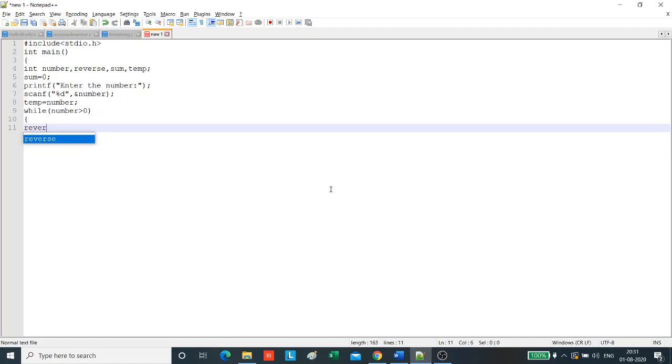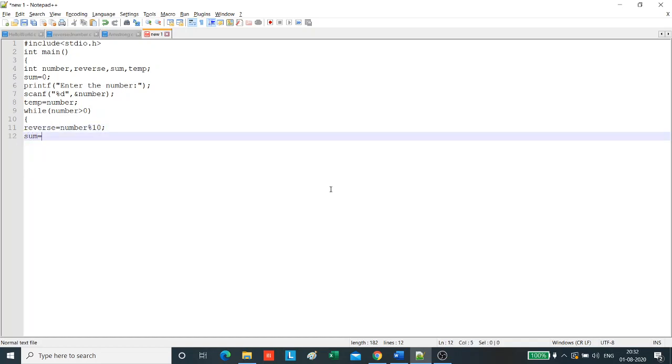Just as in the program for finding the reverse, we will again find the remainder. Number modulo 10 will give the remainder. Now we will add to sum.